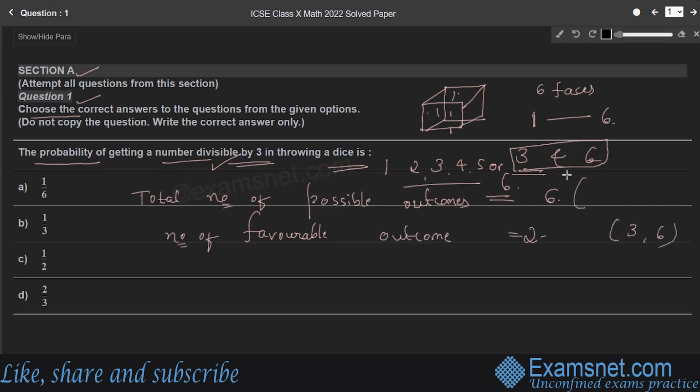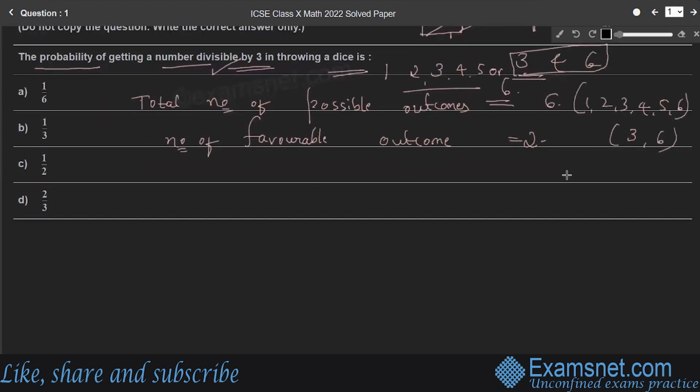Here total possible outcomes are 1, 2, 3, 4, 5 and 6. Therefore probability of getting a number divisible by 3